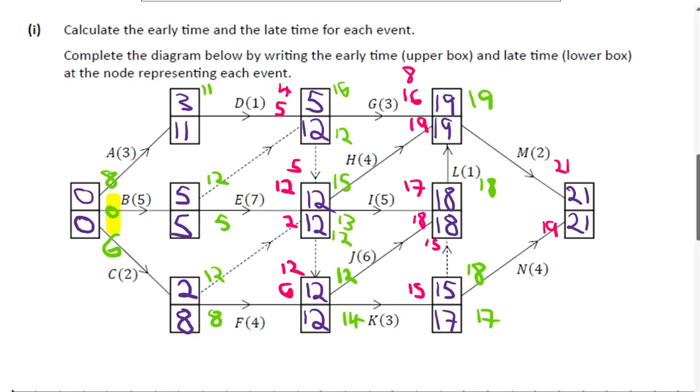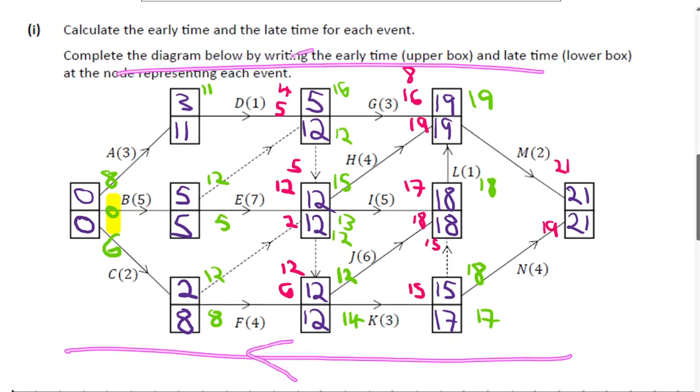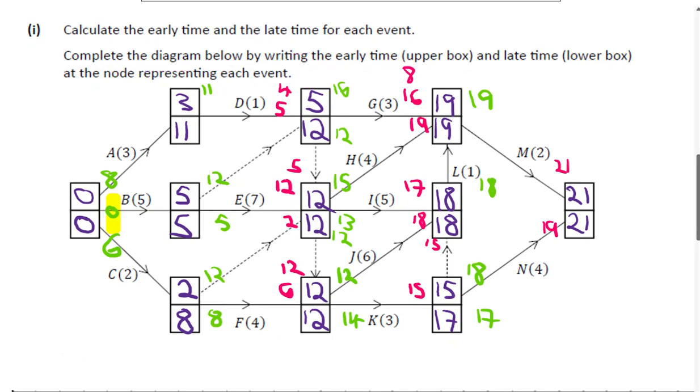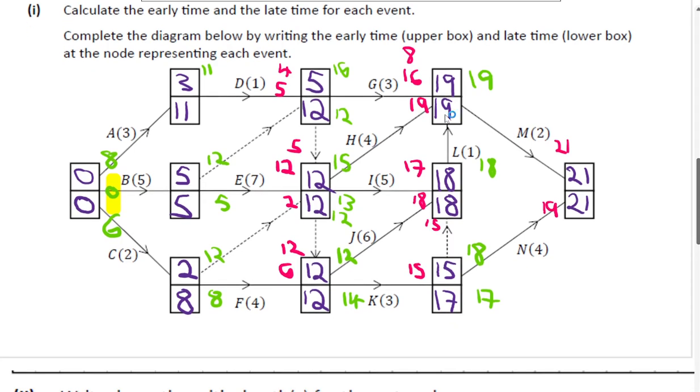So that is the process then: you go from source to sink to find the early times, and it's the latest early time, and then you go from sink to source to find the earliest late time. It's how I like to think of it, but hopefully that makes sense. I'm happy to go slower and in more detail if you guys need that for the next little while. But now we're going to look at just the